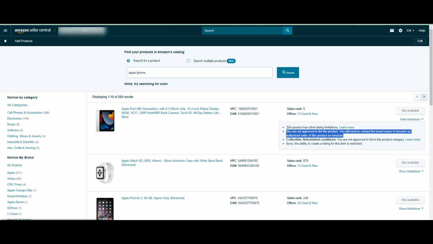But this is just how you find it. You'll see "not available." Now, just to circle back and talk about approvals and stuff like that. I've covered in this video exactly how to check and what tool we give you to check if you're gated. Now, first of all, if you're buying stuff from us, make sure you are not gated. Make sure you're not gated before you purchase the product,